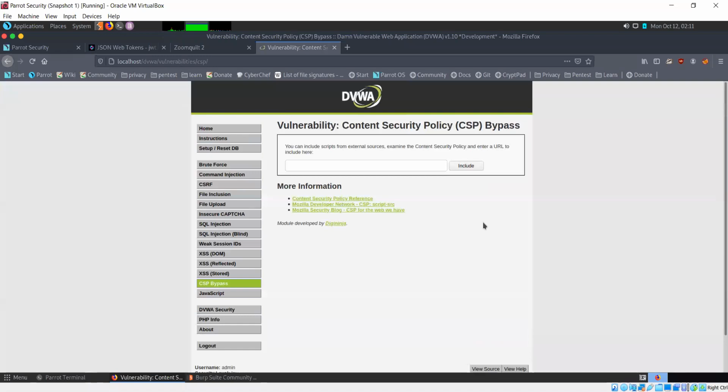Now, one of the sources that was mentioned is pastebin.com. Pastebin.com is a website where you can simply create any text. It's known as creating a paste on that website, and you can simply create a link for that and share it with anyone you want. Now, of course, that text that you enter there could be anything, and in our case, we'll be seeing that this text could be a script as well.